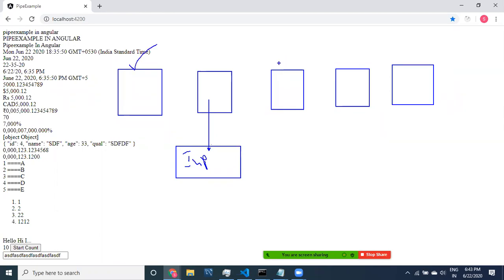Can you please tell me whether it is blocking or non-blocking? I want to repeat the question again. One operation is in progress. Meanwhile, the user can do other operations. Is this blocking or non-blocking?